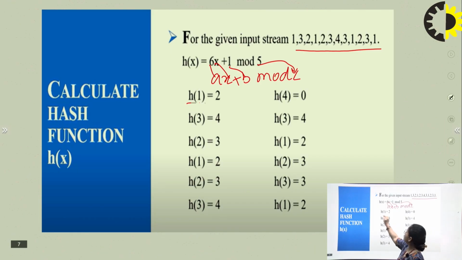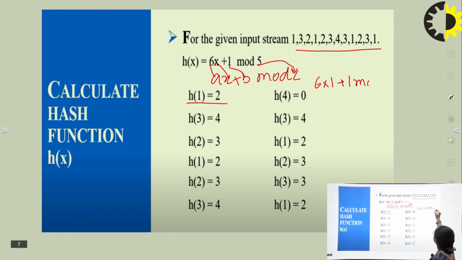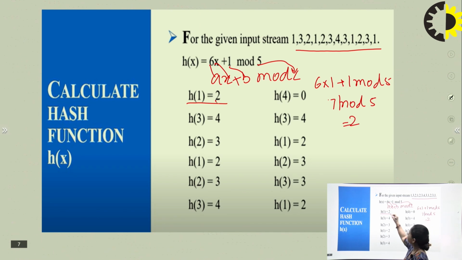I will find it for the first element, that is 1. Our equation is 6 into 1 plus 1 mod 5. So it will be 7 mod 5, and the answer will be 2. So here is 2. I will solve another one also. Again 6, next is 3: 6 into 3 plus 1 mod 5.